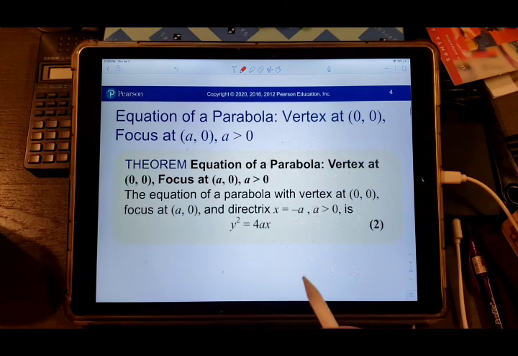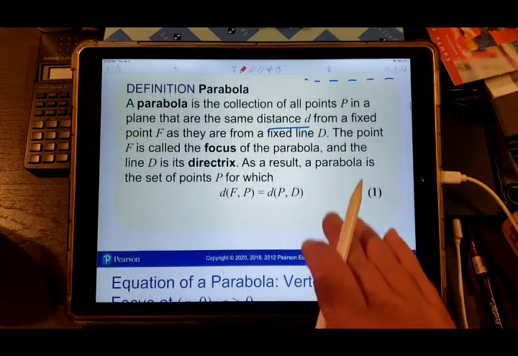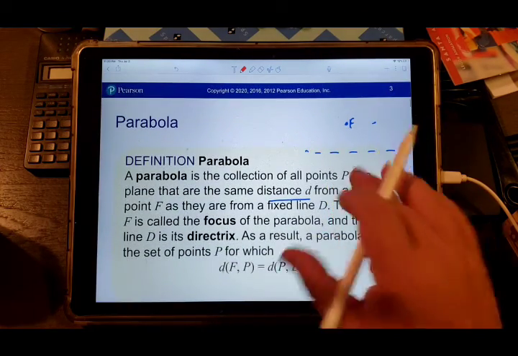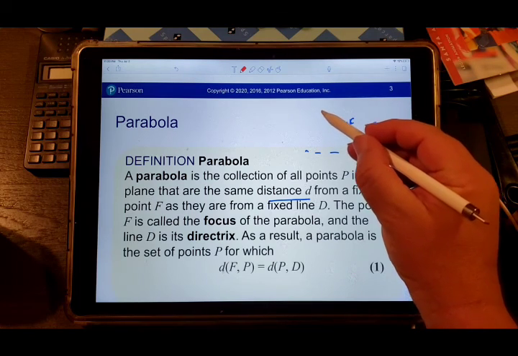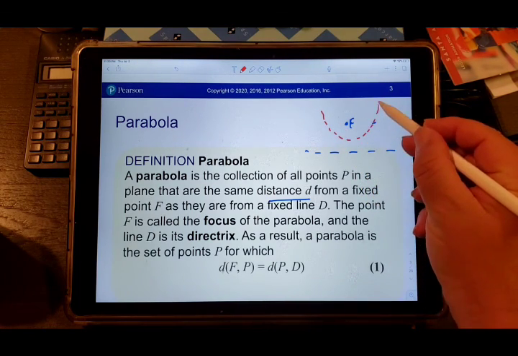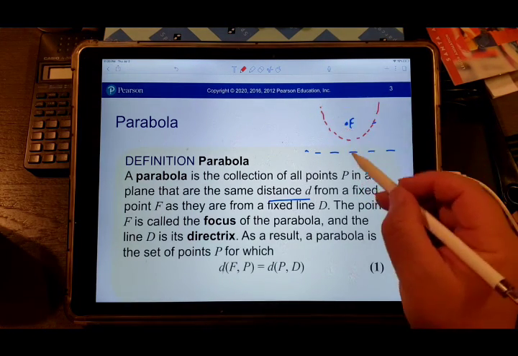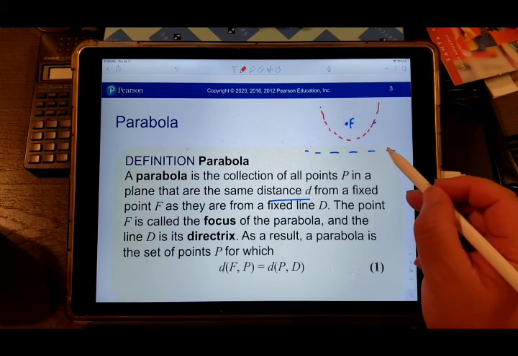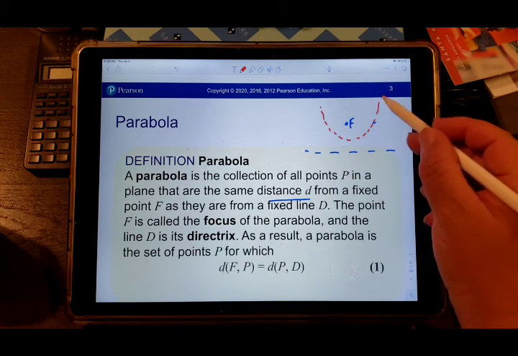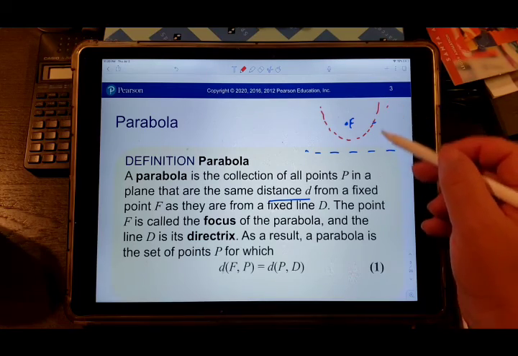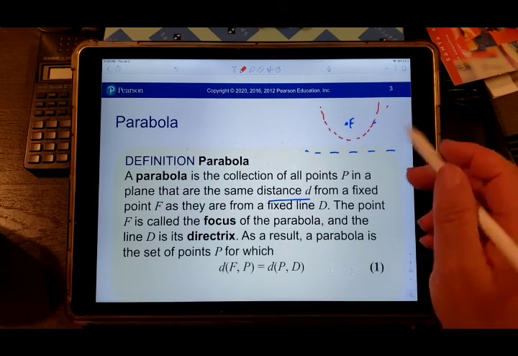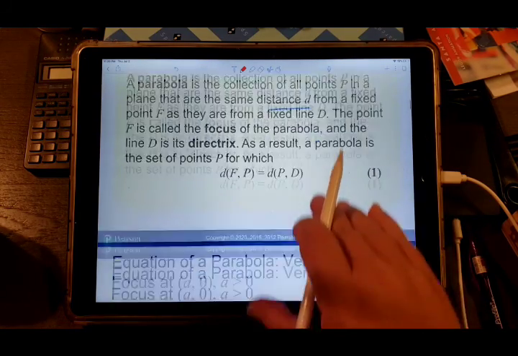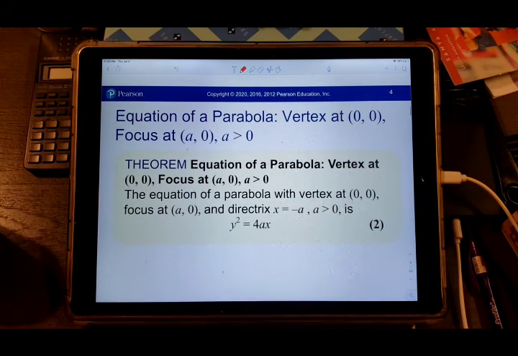So, and let me explain. The focus is not part of the parabola, and neither is the directrix. You get this curve that kind of wraps around the focus, and as it gets farther away from the focus, it has to get farther away from the directrix. I'll see if there's a better picture of that. But all right, so